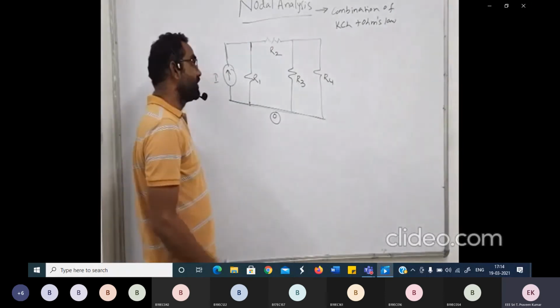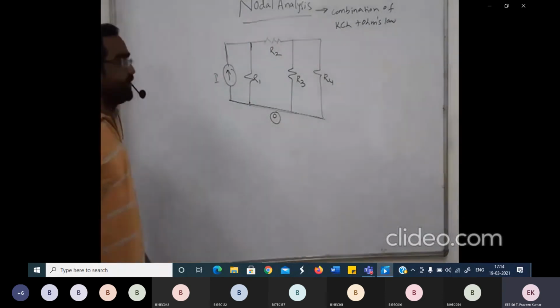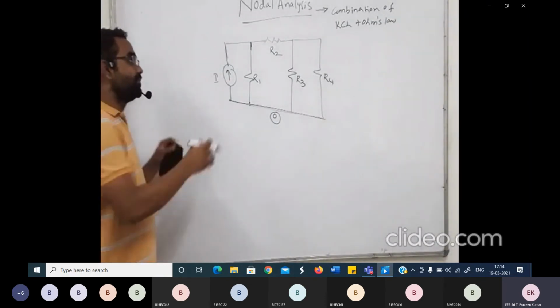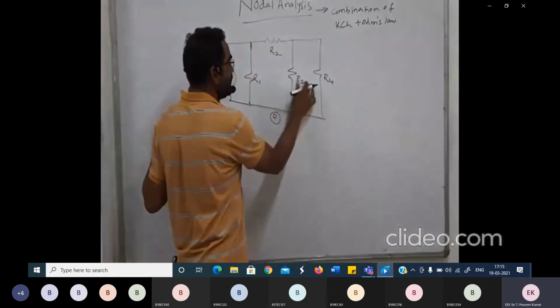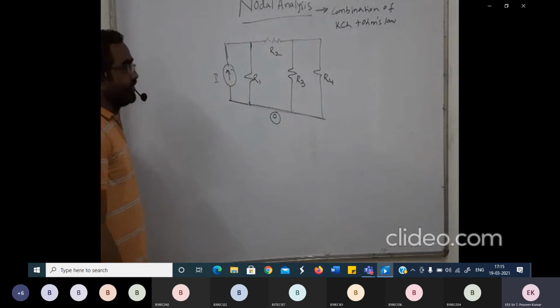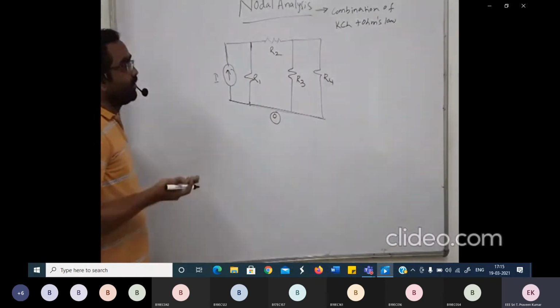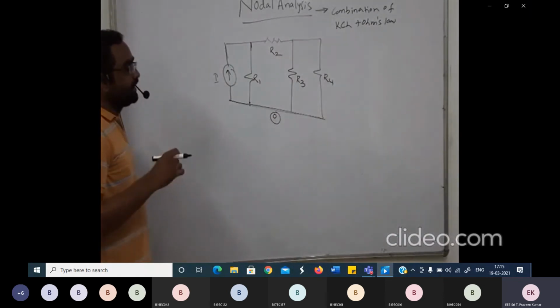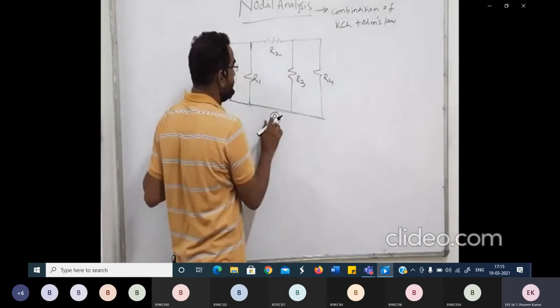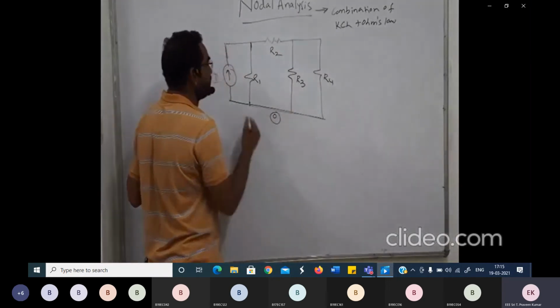Of course you can ask me a doubt, sir, can we solve this particular network using mesh analysis or not? Yes, you can solve, no problem in it. But because this is one loop I have, this is one loop, this is another loop I have, the number of equations to be written is 3. Whereas if we go with nodal analysis, now let us first indicate how many nodes there are. Now this is a reference node, I think it is the 0th node or ground node I can say.